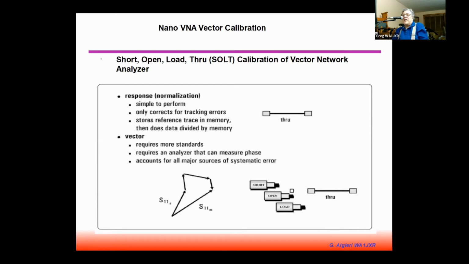So one way to look at this is if you look at that little diagram toward the bottom of the slide there, you see I've got a vector that I'm trying to measure, S11M, and that's the measured value that we measured for some particular measurement that we're trying to take. But the actual measurement of that device that we're measuring is that S11A over on the left. Well, what it does inside the mathematics of the instrument, it takes that S11 measurement and it applies 3 or 4 error values that it calculated when we put the short open load on, and it can actually back that measurement up and take out the errors in the S11 measured vector and figure out what that S11 actual is, with the errors taken away,